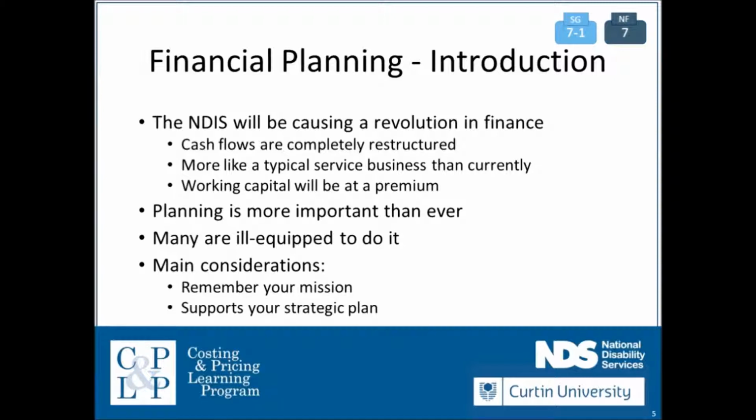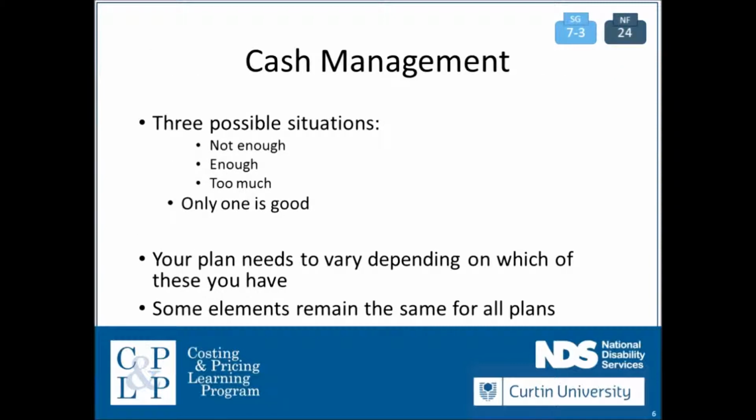The main considerations, of course, are you need to ensure you remember your mission and that your financial plan supports your strategic plan in the context of your mission. So the financial planning process doesn't become an end in itself, and indeed profitability doesn't become an end in itself, but it is all there to support your ongoing capacity as an organisation to do what your mission instructs you to do. So the first step in that financial planning process is, of course, to look at your cash management